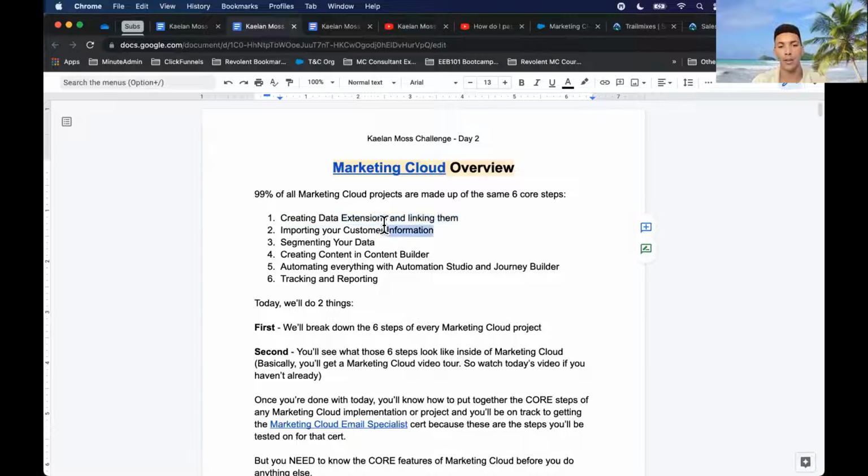And then the next thing you do, you need to import that data, and then you need to segment your data. So segmenting your data is an extremely important part of any campaign that you're creating in Marketing Cloud. I know we've all heard at least something about segmenting your data when it comes to Marketing Cloud, whether that's with data filters or with SQL query activities. You've got to make sure that you split your customers up into the right groups. So why is that important?